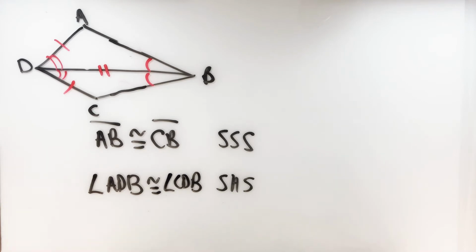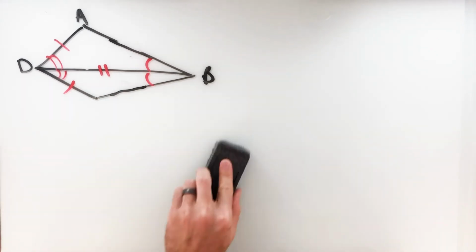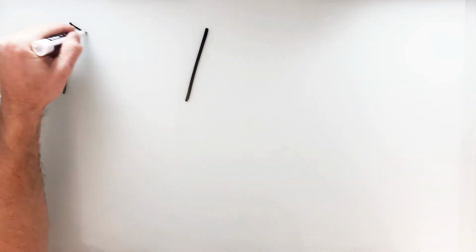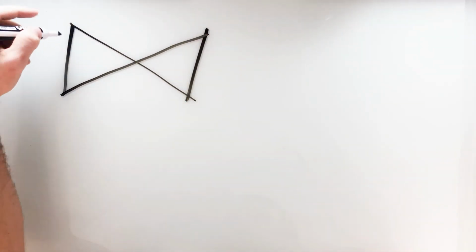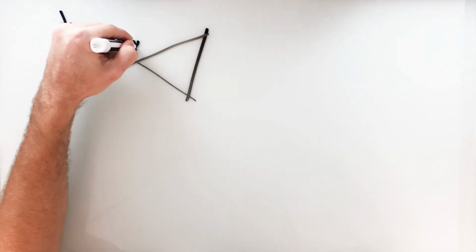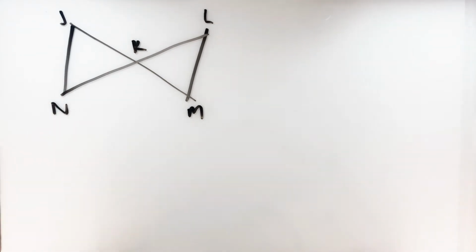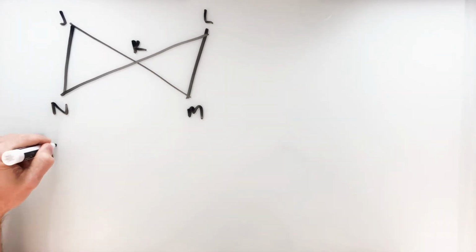Okay, now let's get into the proof problems. Everyone's favorite. These won't be too bad. Okay, so let's go this route. So again, two triangles. Switch up the letters here. In this picture, two triangles make this kind of bow tie shape. I'm going to give you a few pieces of information. So let's say given